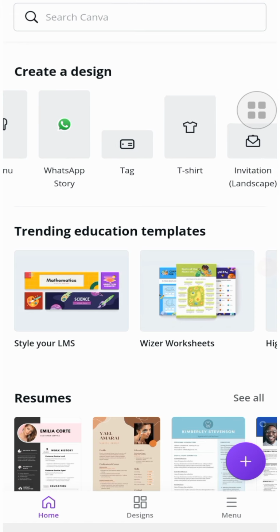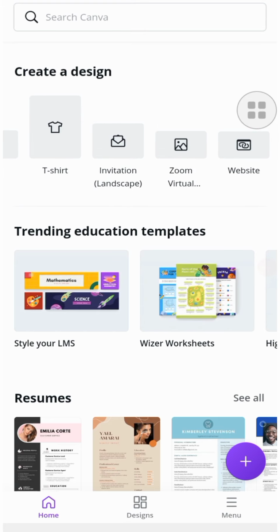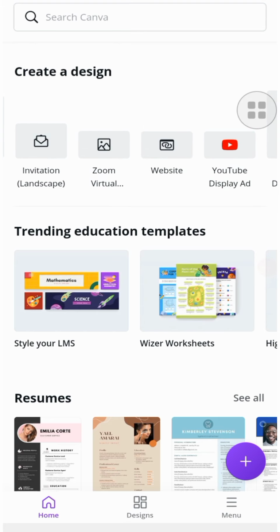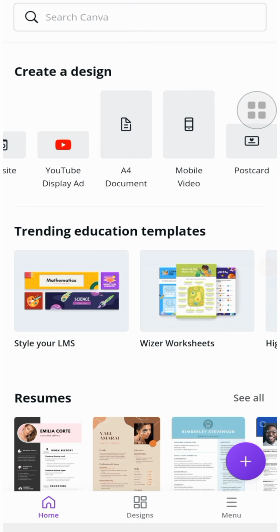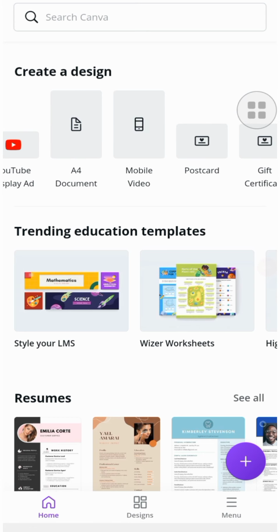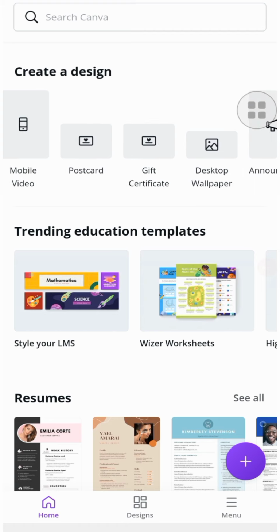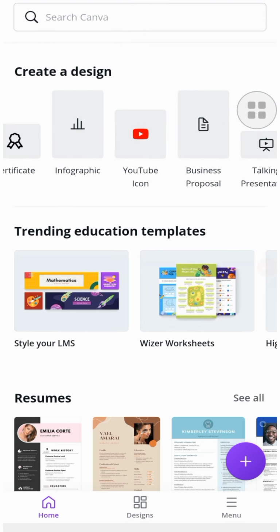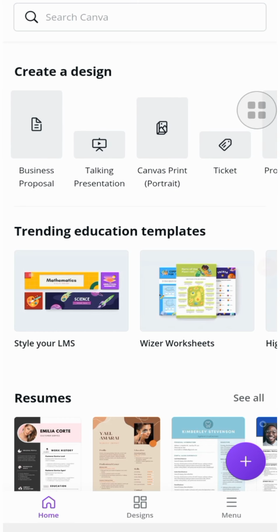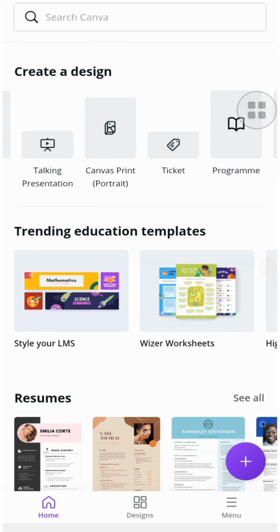Then tags, WhatsApp story, t-shirts, souvenirs, Zoom background, and yes, all these ones are websites, A4 documents, whether you want to, so many things we can design here. Certificate, yeah, your certificates are ready if you want. Infographics, business proposals, canvas prints, and yeah, canvas, these